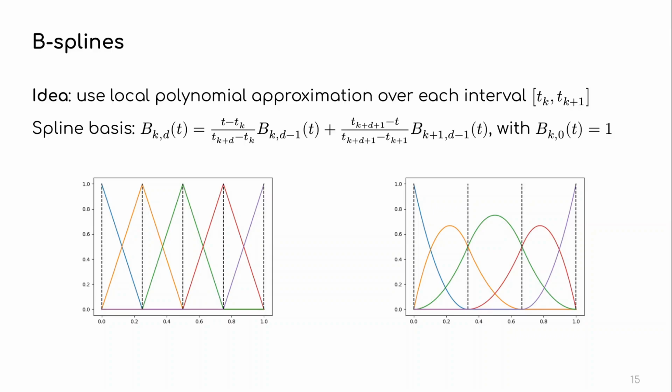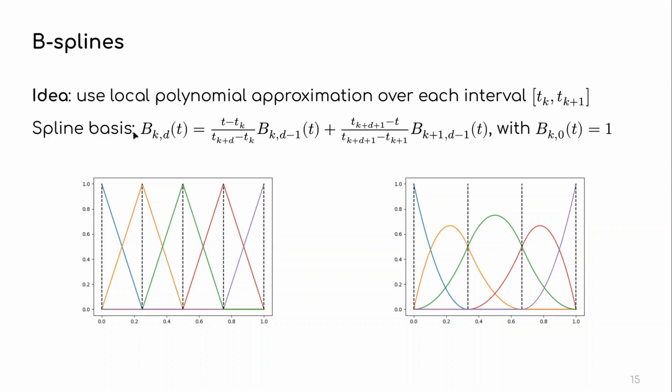And the idea of those is that we're going to use a spline, so a local approximation over intervals, here using polynomials. And the reason this is nice is that even though it's not an orthonormal basis like the Fourier basis, we have a bunch of knobs to control this space. So first of all, let's say I'm approximating over the interval 0 to 1. I can choose my number of basis functions, which is going to tweak the number of intervals I have. And then I can also tweak the degree of polynomials I can use as my basis.